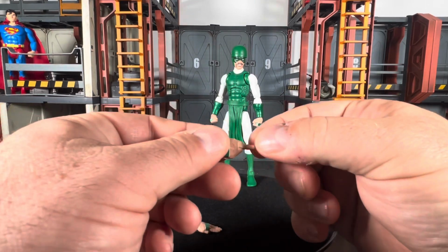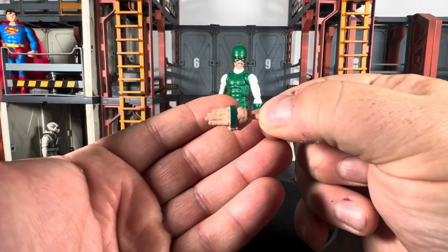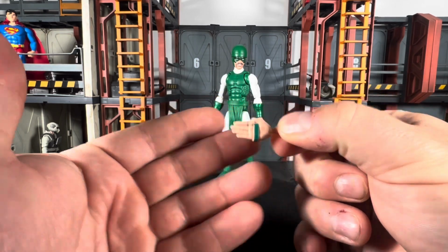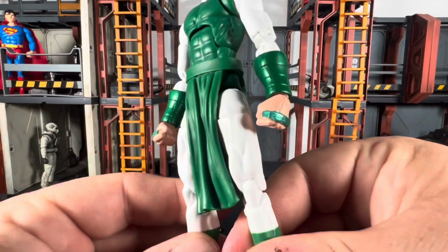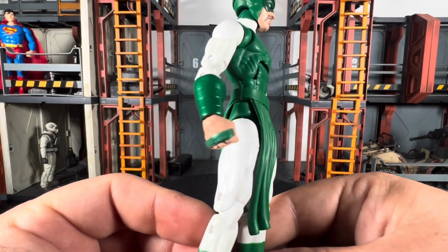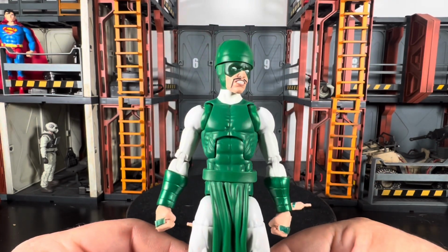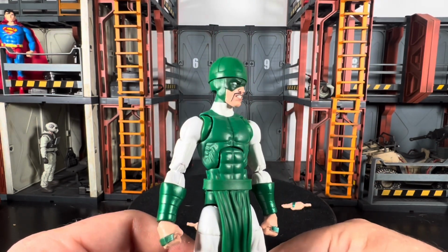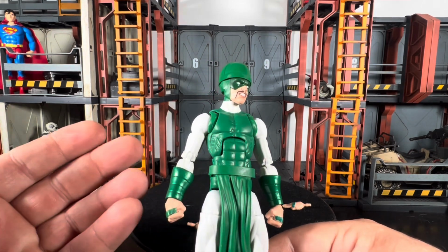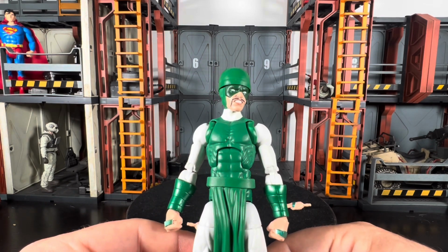But the sculpt on them looks pretty good. They have this kind of knucklet or bracelet on there. Looks pretty good. Same thing goes for the figure's hands themselves. I like that. He is a pivotal and super important member of the Inhumans royal family, and I'm hoping that we do get the rest of them. I'm hoping that we actually get updates for